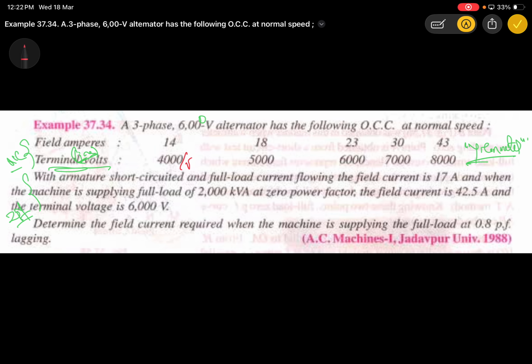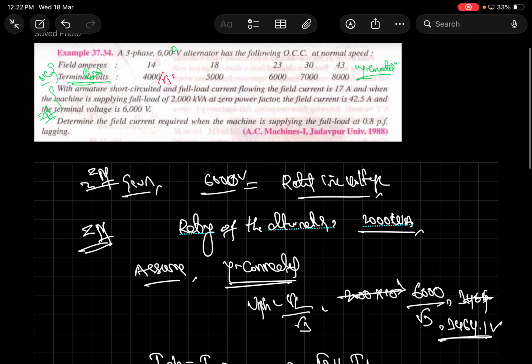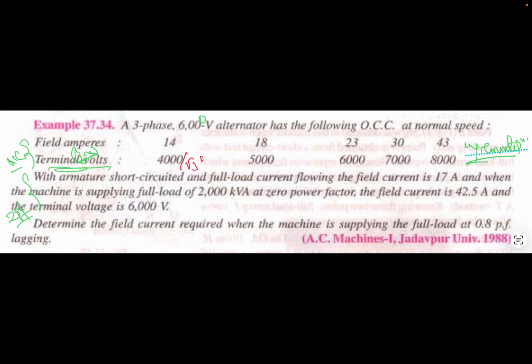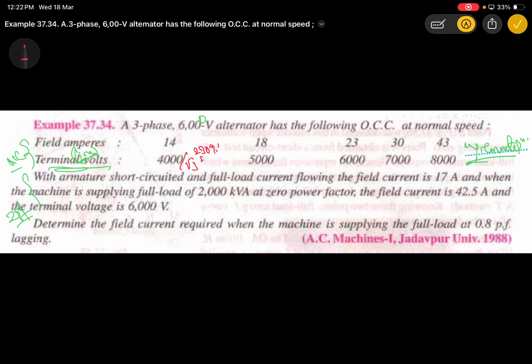What is 4000 by root 3? 2309.4 volts. This is the phase voltage, the red color one. What is 5000 by root 3? 2886.75 volts. Next 6000 by root 3,